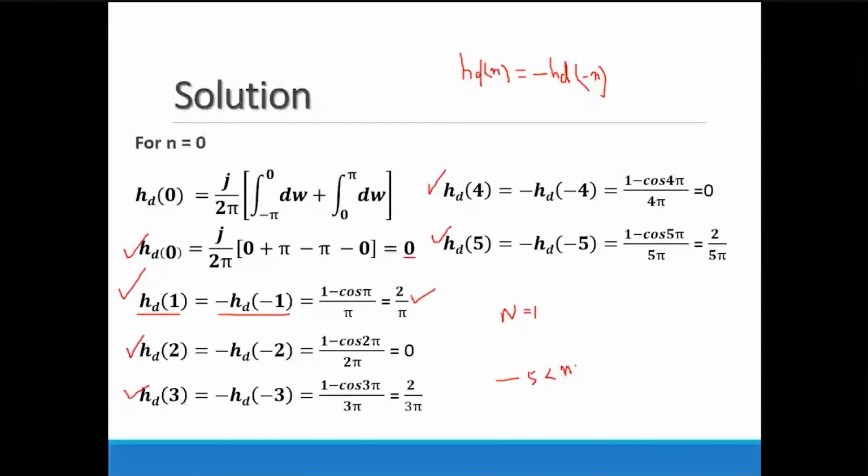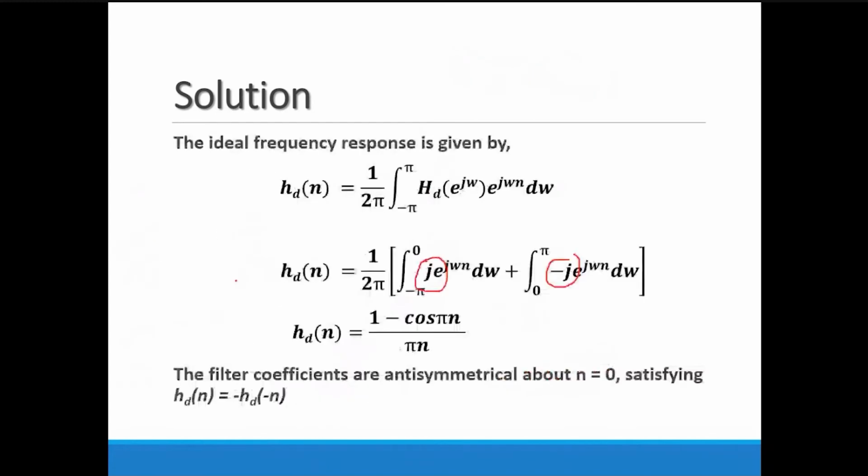Excuse me, sir. Yes, please. If you have any query, you can please ask. For finding HD of 0, we use integral form, and for other values, we use the direct formula. I understand that. No, for you can use the direct formula over here also. I have just written it for your simplification understanding only. Here, because it is taking 0 upon 0 by 0 form.